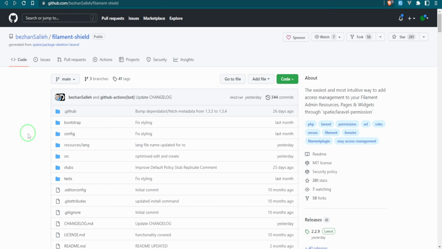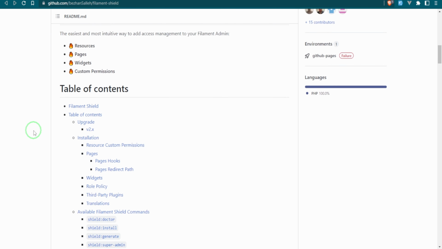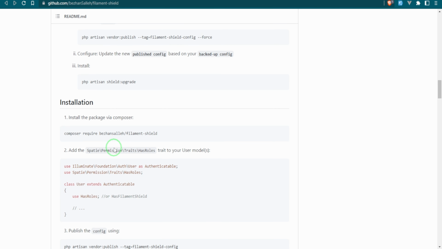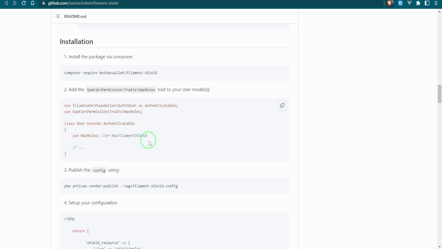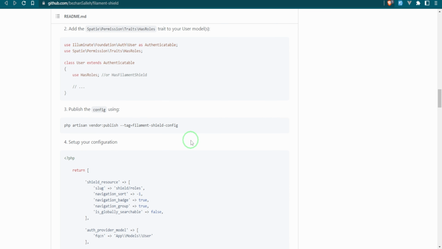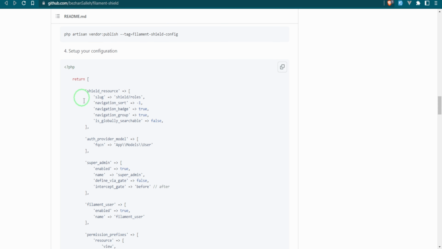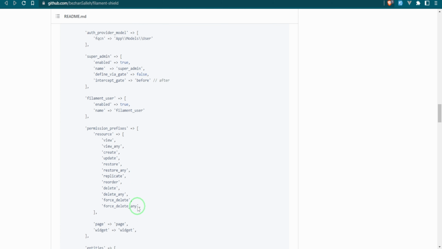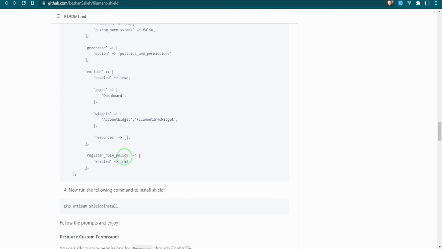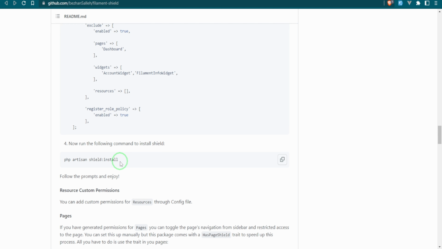This is the repo for it. And if you go down, you see these are some upgrade informations, but it tells you how to install it. As I said, it is already including Spatie's Laravel permission package. You use it the exact same way that we did, and then it will publish a Shield config file. And these are what you would use to do that. And that's all well and good. But now that you know what this package is doing under the hood,